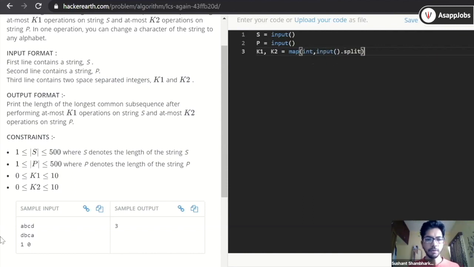We'll get the array of 1 and 0, and that will be assigned to k1 and k2. So we got the input here.